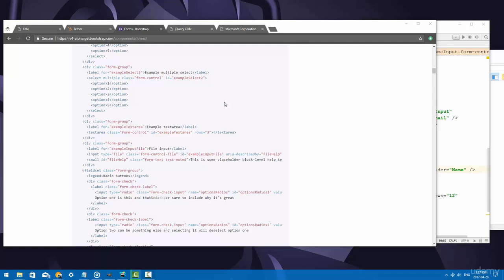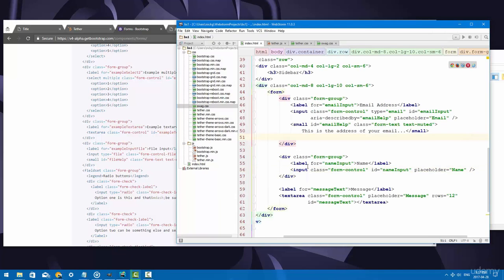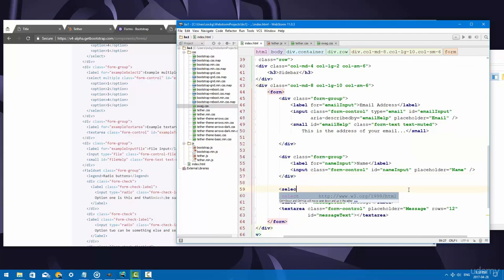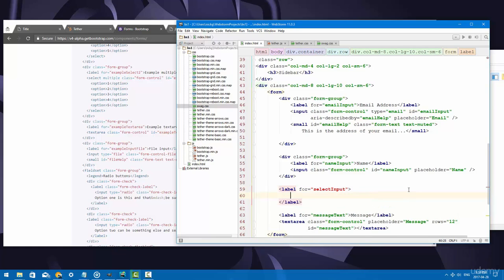All right, guys. So with the different elements, there's a few more form elements that we need to talk about. One of them is a select box. And so underneath the name here, I'm just going to create a select element, or rather the label for it first. The label for is select input. And then it's going to say